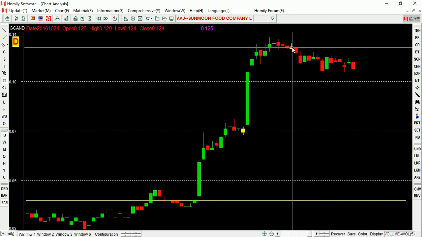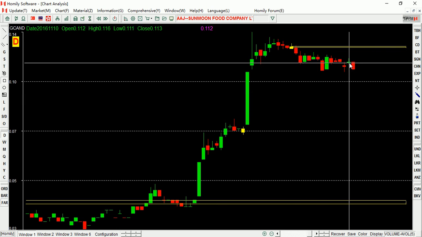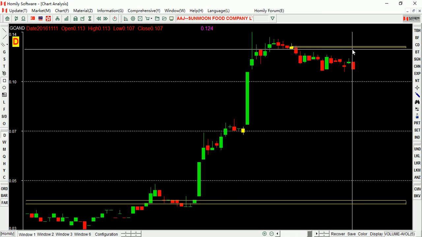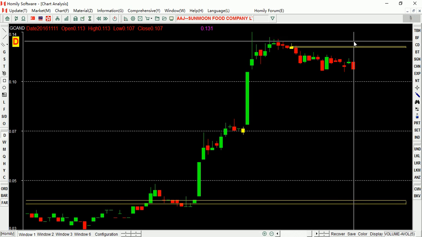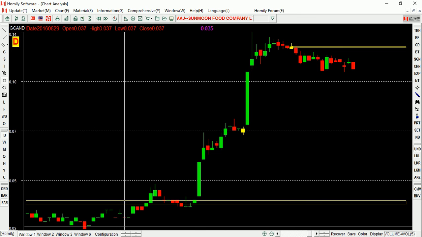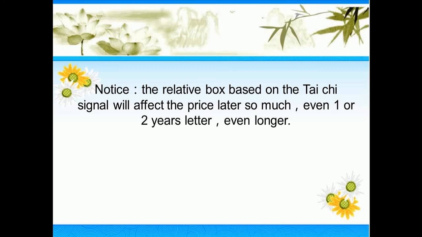So we can see this one. Then we can draw the line again. If the price rebounds and touches the resistance and cannot break through, we should sell. This is another sell point. But if you see the price can go above the yellow candlestick again, what does that mean? Another buy point for short term, okay? So let's see the next one.